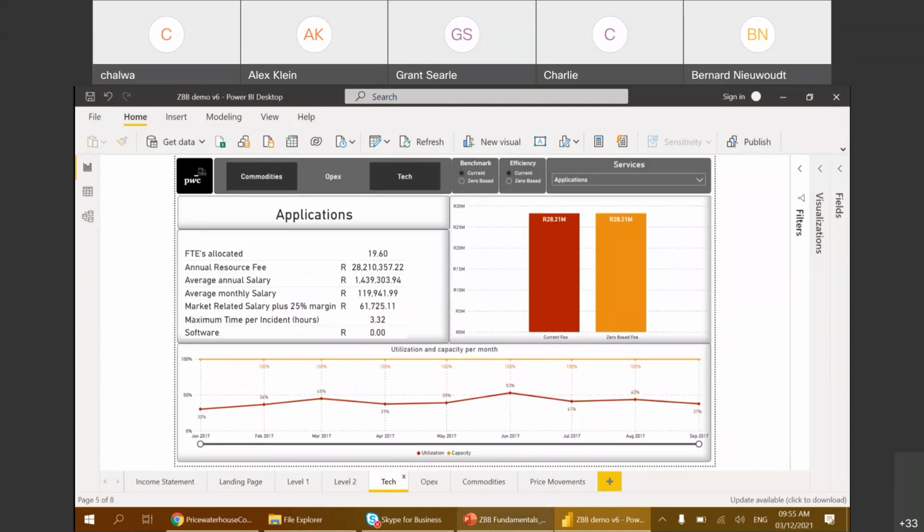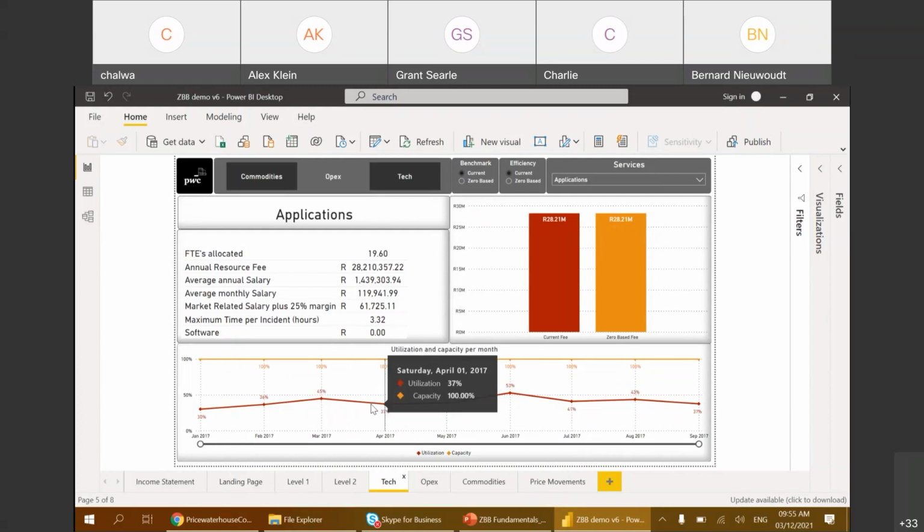So in the applications example, we said it's purely driven by FTE, purely people, no hardware, no software. So we created this chart at the bottom that shows productivity and utilization over time. This is an example where ZBB does require some modeling and building some algorithm in order to get to this graph. So we pull data from ServiceNow and we applied the time to resolve and the SLA,